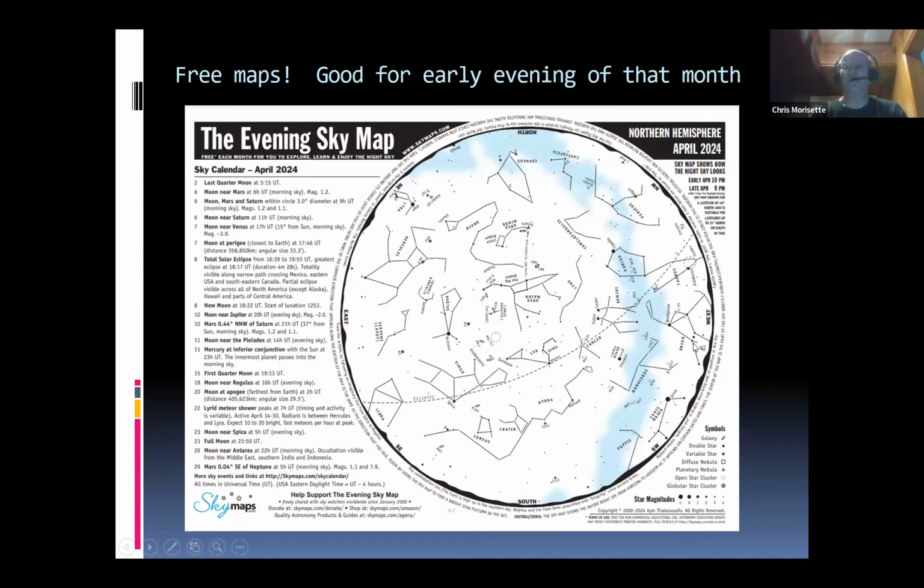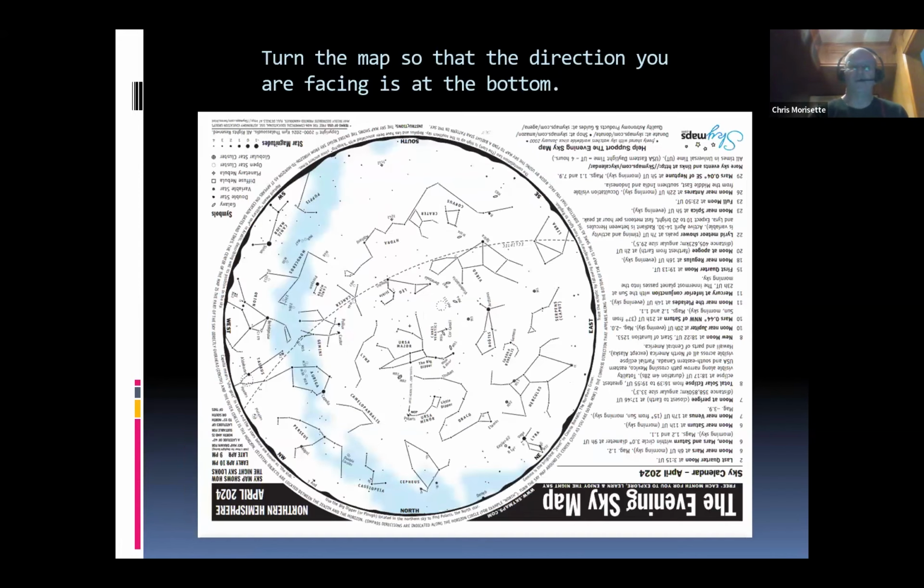So you see Virgo up here, Leo, Cancer, Gemini, so on and so forth. And you'll notice over here that Orion is darn near down below the horizon by 10 o'clock, 9 o'clock during the month. If you want to face north, then all you need to do is turn around and face north, and then turn the map upside down,